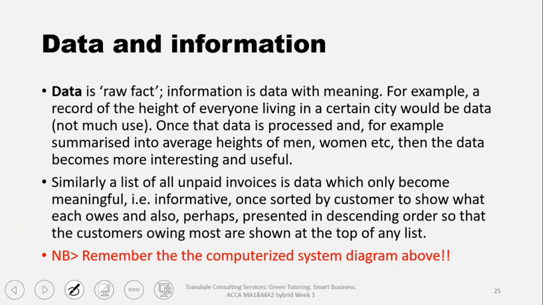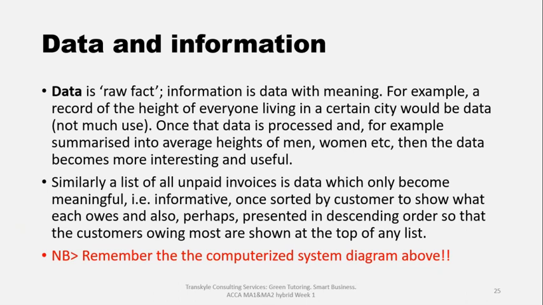Now, what is data? Data is raw fact. Information is data with meaning. For example, a record of the height of everyone living in a certain city would be data because there is not much use. Once that data is processed and, for example, summarized into average heights of men, women, etc., then the data becomes